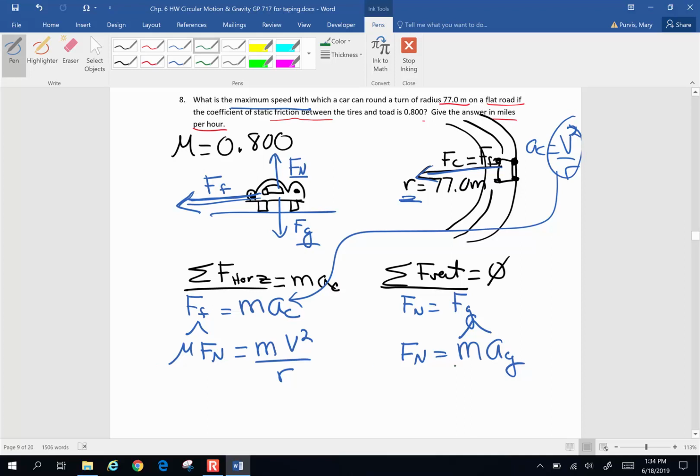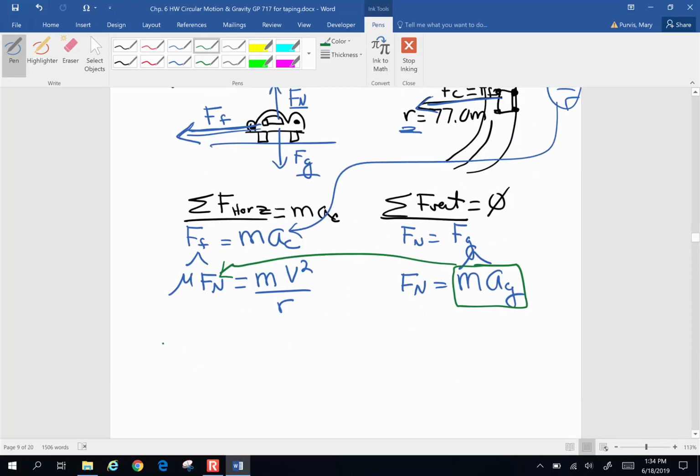Now I'm kind of stymied, so I am going to take mass times acceleration of gravity and put that in place of my normal force on that side. So we're just going to keep substituting until we get down to things that we know. Mu times mass times acceleration of gravity is going to be mass times velocity squared divided by r. As you can see, mass is on both sides of the equation, so mass will drop out. It doesn't really matter. When we simplify this, mu times acceleration of gravity is going to be velocity squared over r,